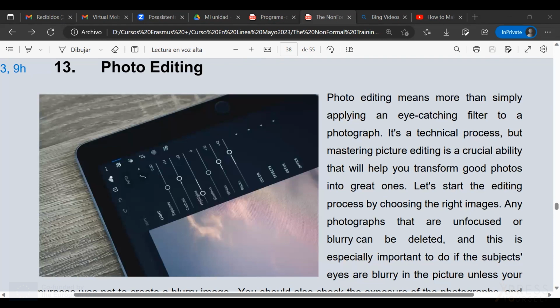Right, so you have my question in the chat. How much do you know, or do you think you know, about photo editing?